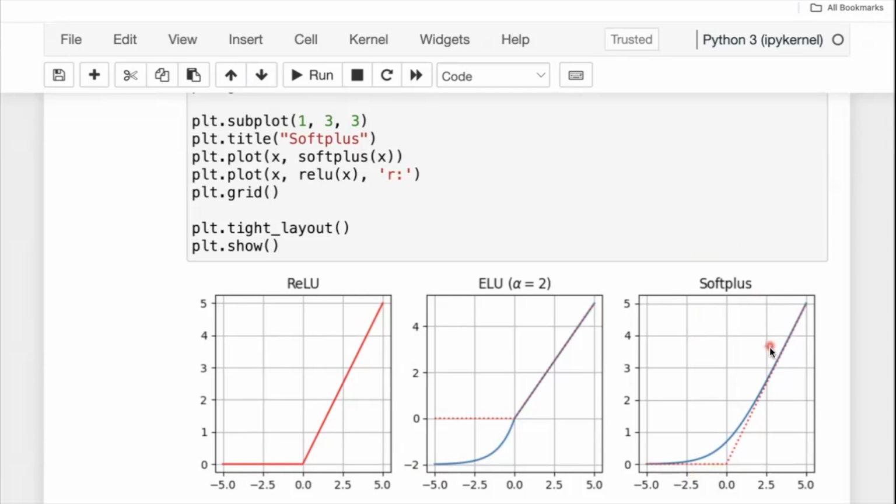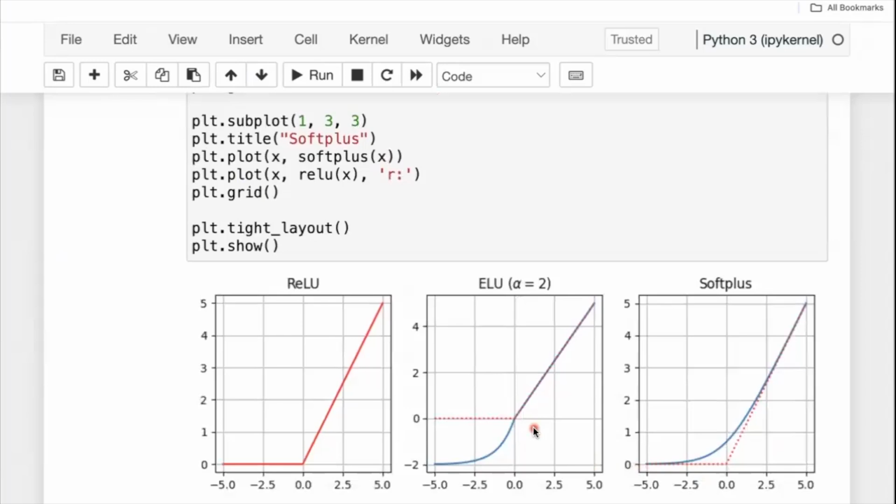And then the softplus is really a smooth approximation of ReLU. We don't have this part here that is problematic when you want to find derivatives, because the ReLU is definitely not differentiable at 0. On one side the derivative is 1, on the other side it is 0,